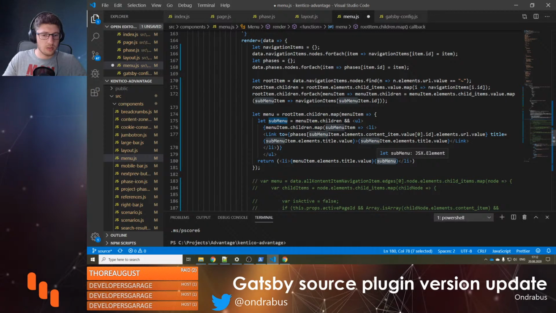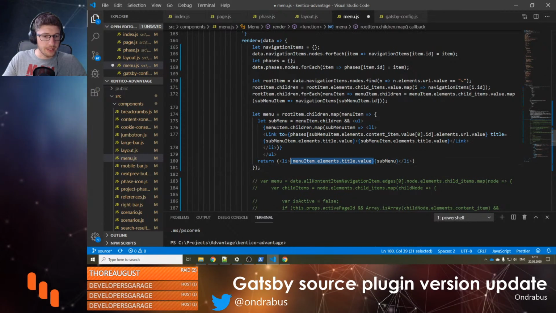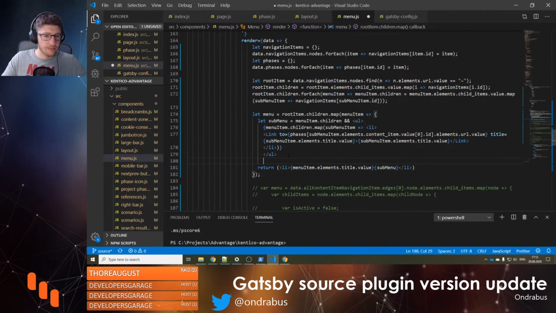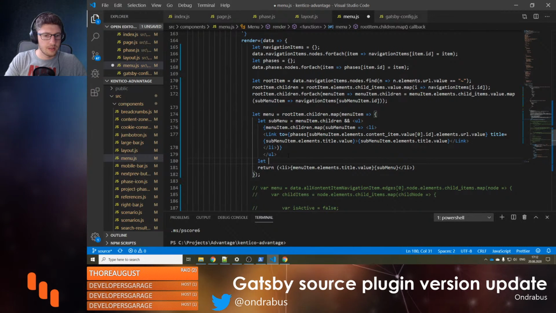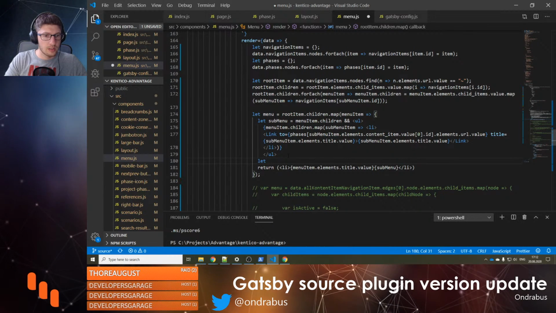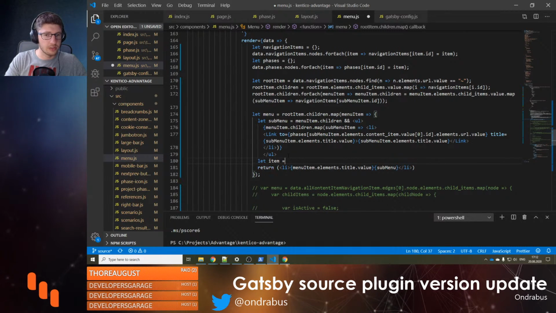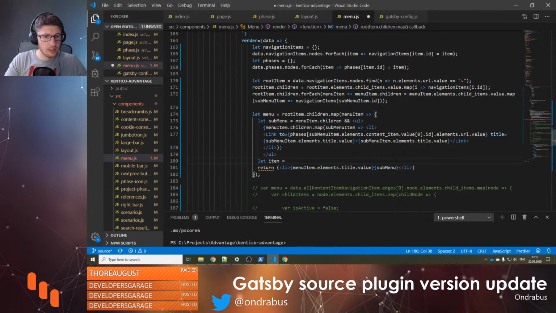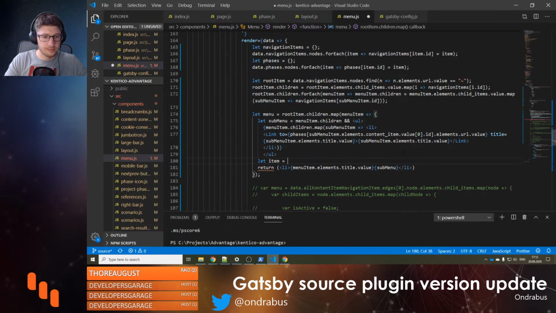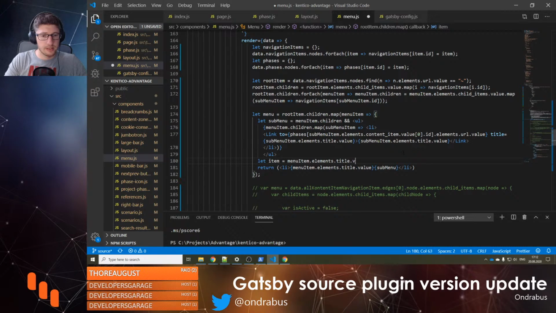So this could also be a link. Sorry, not that thing. So let's call this one item. I don't think we are using it anywhere globally, so this could be item. Yeah. So let item be menu item elements title value,